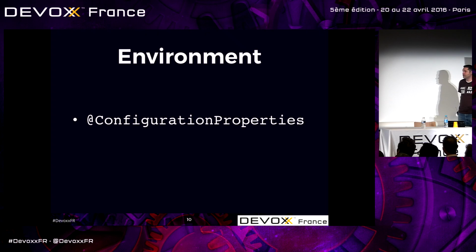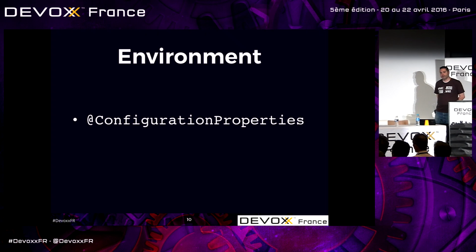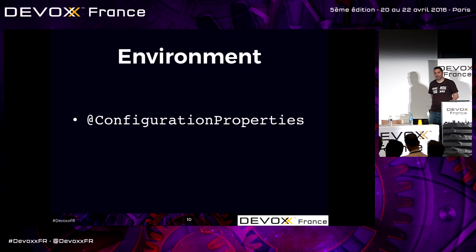There are a number of standard ways through Spring Boot and Spring to interact with the Spring environment. One is to use Spring Boot's @ConfigurationProperties. Anyone familiar with these? So this is where you annotate an object and you get type-safe configuration, right? The properties that go in the class match a hierarchical property name, and it will populate it and can do conversions into ints or longs or booleans or lists and maps and all those things. It's one of my favorite things about Spring Boot, this type-safe configuration.